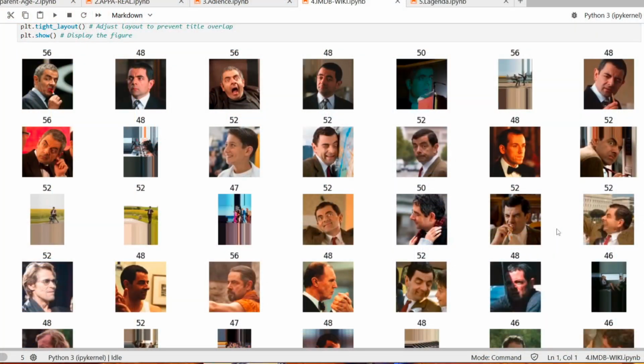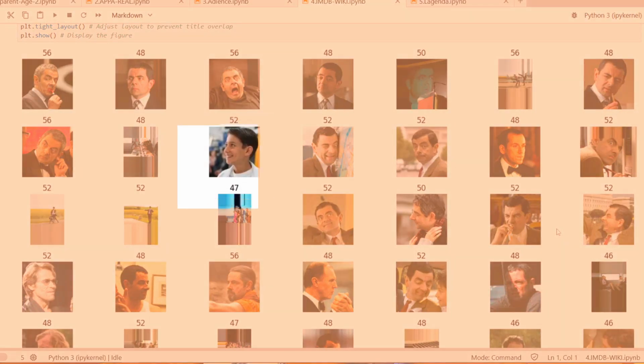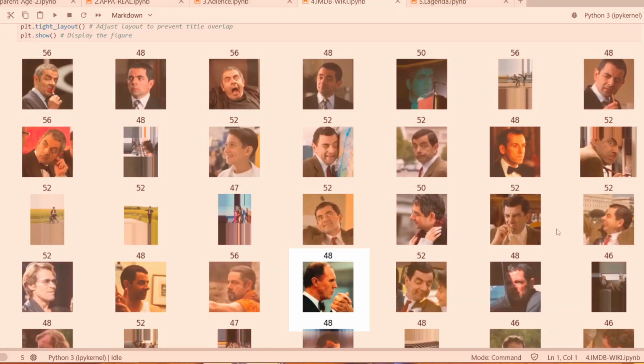Okay, so the next dataset that I looked into was the IMDb Wiki dataset, and I'm not actually going to spend a lot of time on this dataset. The methodology that they had used to create this dataset was clearly flawed. So just with an example of Rowan Atkinson, there were several images. Not many, so the majority of them were still of Rowan Atkinson, but there were several images that weren't of him. Some of them were children, some of them were female, and they were still attributed to him.